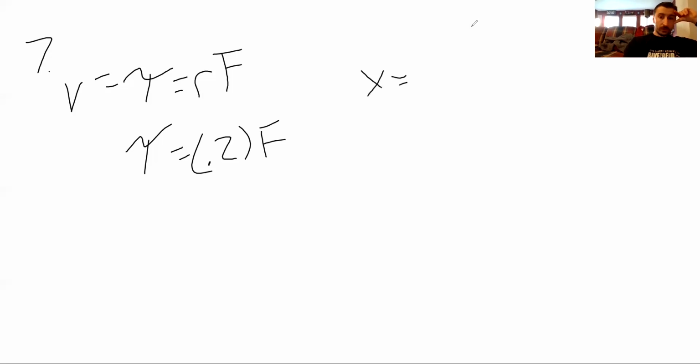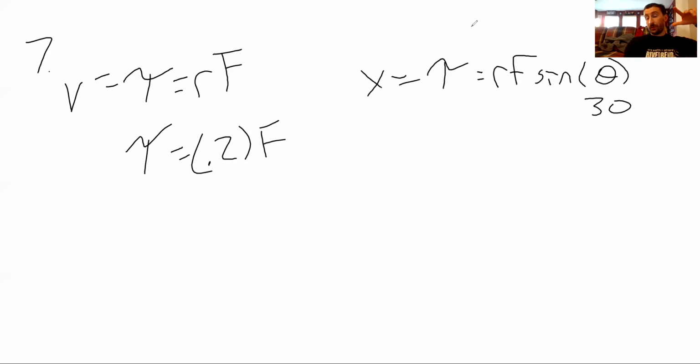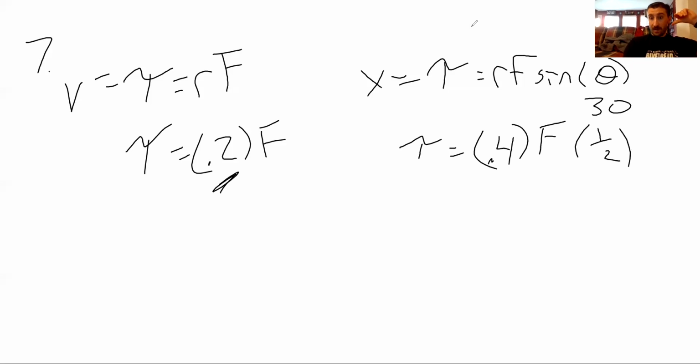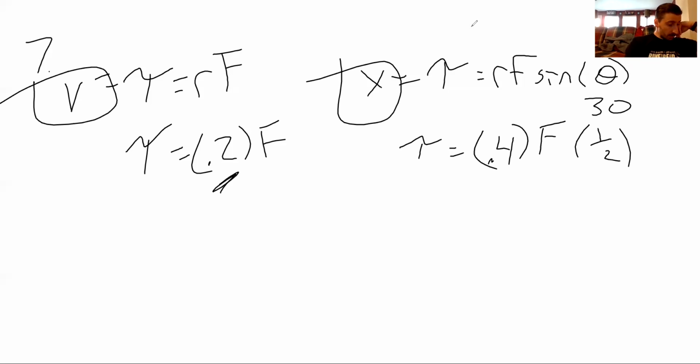X: torque equals R F sine theta. And in this case, the angle is 30 degrees. That's the angle to the axis. Well, sine of 30 is a half. If you don't trust me, plug it in the calculator. So the radius there is going to be 0.4. In other words, double this. Force is the same times a half. Well, if that's double times a half, you're going to get the same exact torque. So it's going to be X and V. So the answer there,